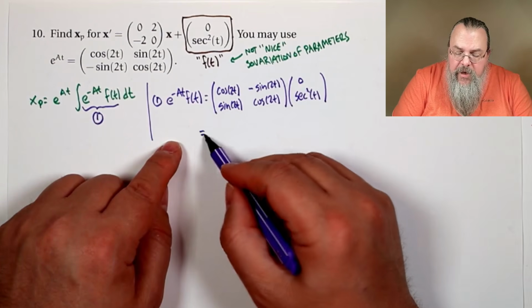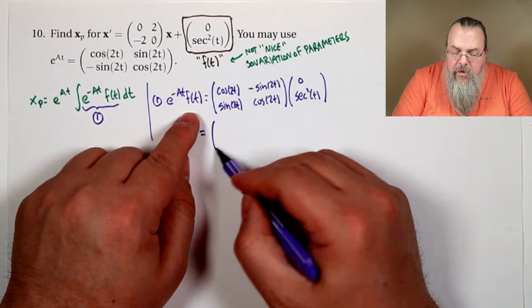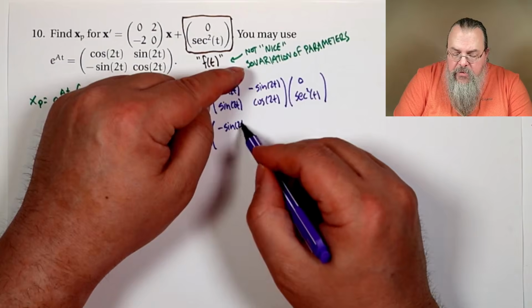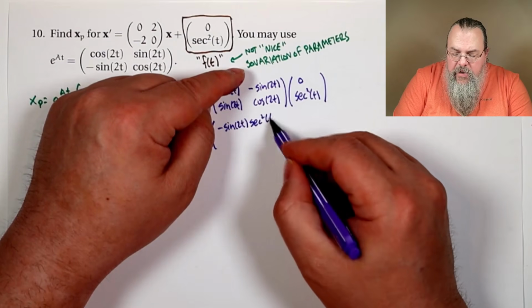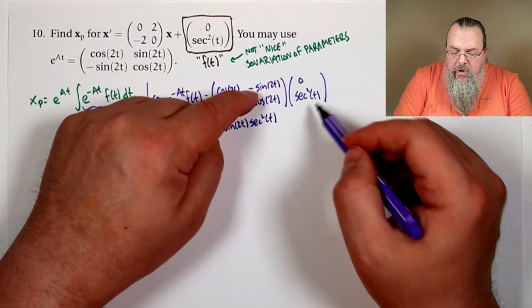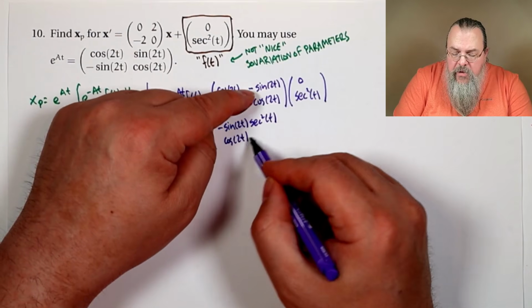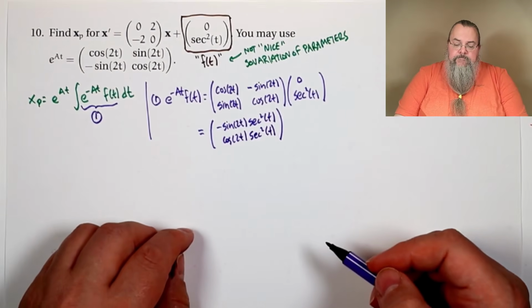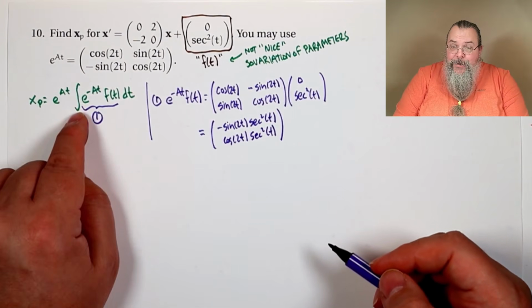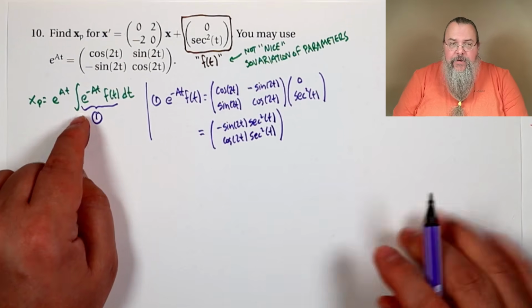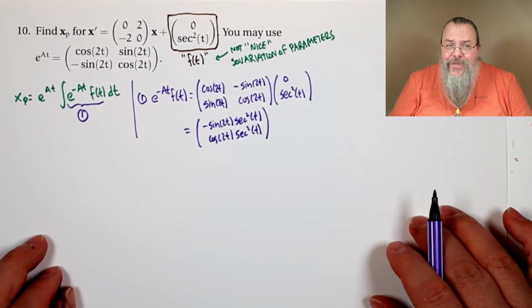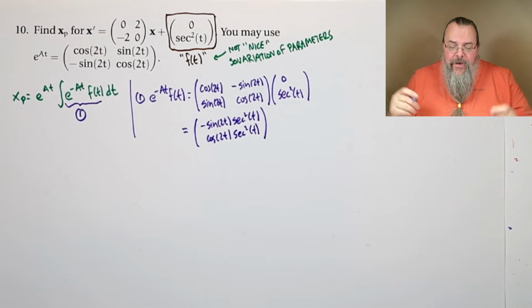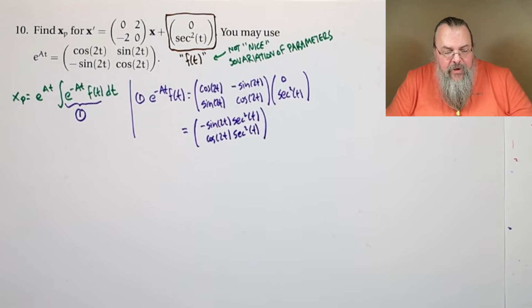Well, if we multiply this out, we're going to get the following. We'll get 0, and then minus sine of 2t secant squared t, 0, cosine of 2t secant squared t. Well, looking ahead, there's an integral coming. And so since we know there's an integral coming, let's be nice to ourselves, and let's rewrite this in a very friendly-ish way. And one thing you might notice is to say,